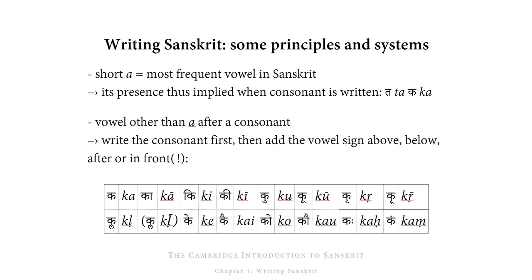Now the thing is that kḹ, the long vocalic L, actually doesn't exist. It is given in these lists of vowels because that makes them look more balanced, more complete, makes them look nicer. However, you won't actually find that in any Sanskrit word. Then we have ke, kai, ko, and kau. Finally, and these are not actually vowels, but they are represented in the same way as Sanskrit vowels, are kaḥ